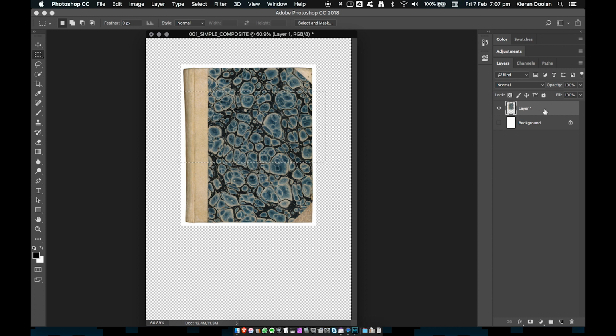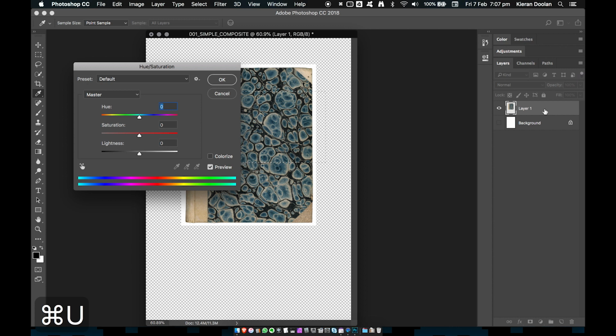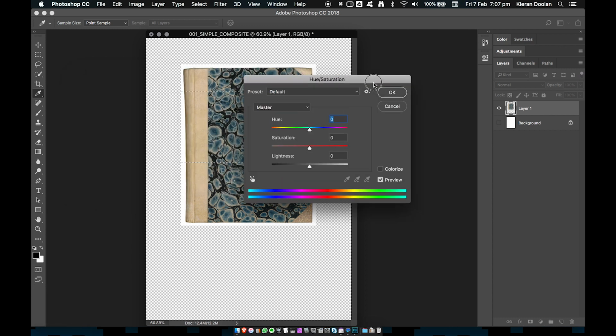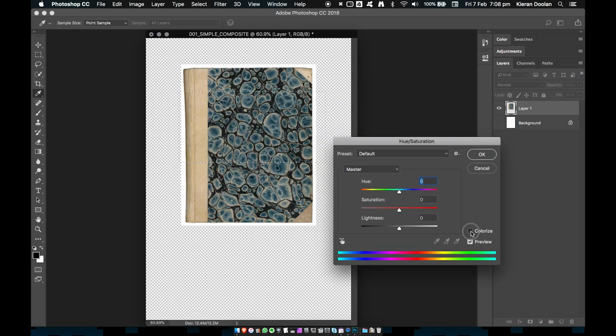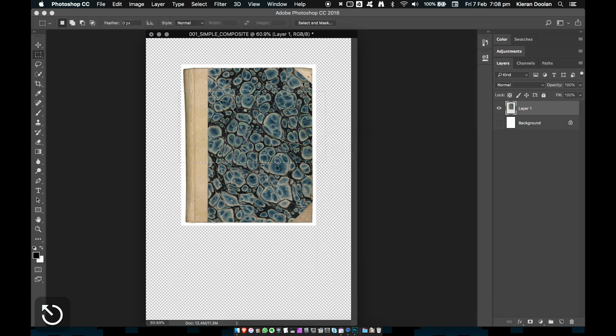And as usual in Photoshop, if I was to bring up some sort of effect or process, I can see that will constrain itself to the inside of that selection area and only on that particular layer. Also, the little white border is not affected as there's no colour information in that part of the image.